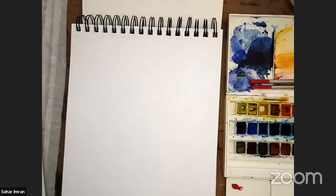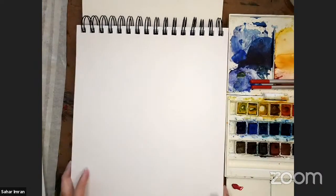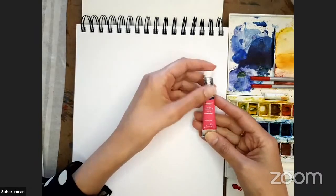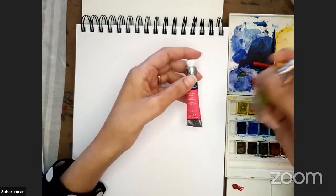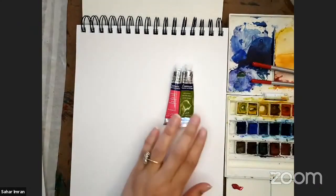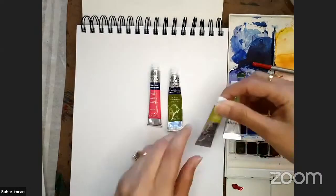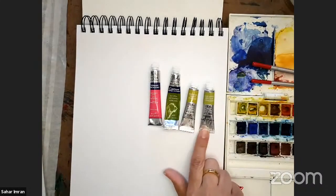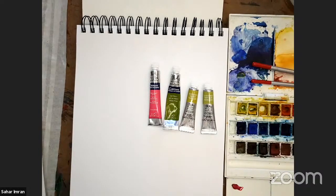So the colors that I'm using today for this painting are Permanent Rose by Winsor and Newton Cotman Watercolors, and I have Sap Green here. That is again the Cotman series, and I've got two other greens which are Winsor and Newton Professional series. One is Green Gold and the other one is Olive Green. You don't really need all these special greens in your palette. If you just have a yellow and a blue, you can make your greens and various different shades of greens,